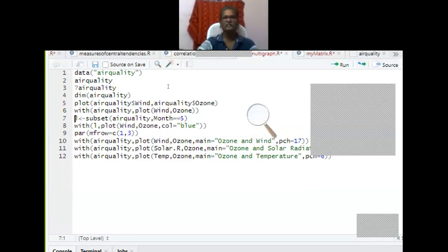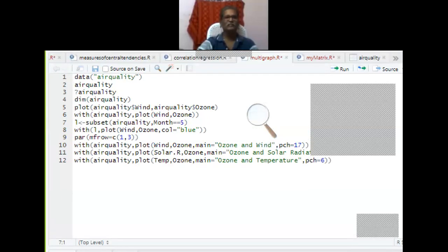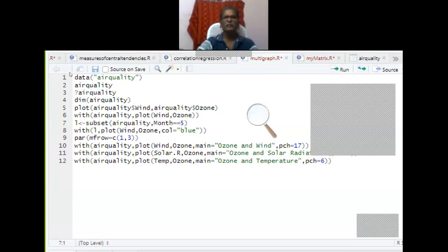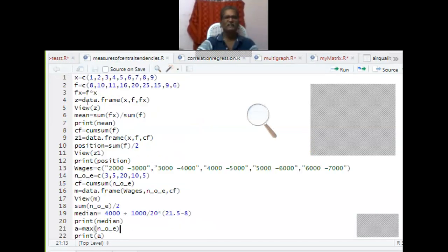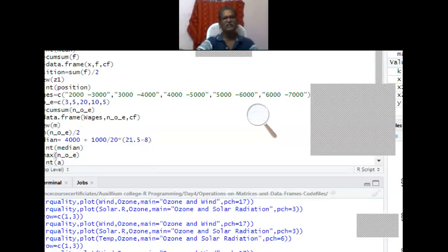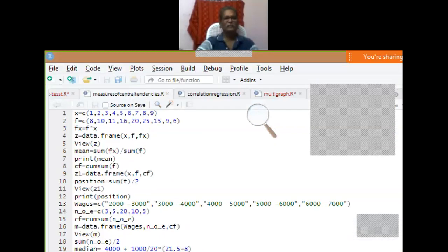Okay, understand? Next, I want to explain some of the measures of central tendency. We know mean, median, and mode are the various measures of central tendency. Many of you know how to find the mean, the median, the standard deviation, the mode, etc. Let me take one small example for a discrete distribution, how a mean can be found.